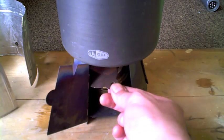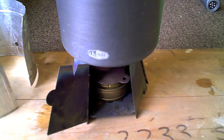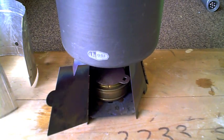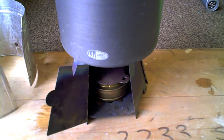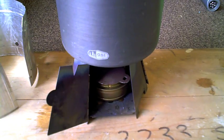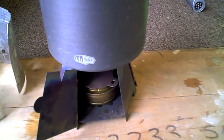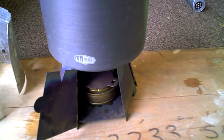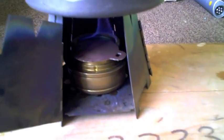But if we're careful like this, we can slide the simmer ring on and get a bit of a simmer happening. So that is possible, that is doable. Just give me 1 second while I reconfigure the camera, and we'll actually see the thing simmering. I'll pull down and show you that. All right, so there we see the